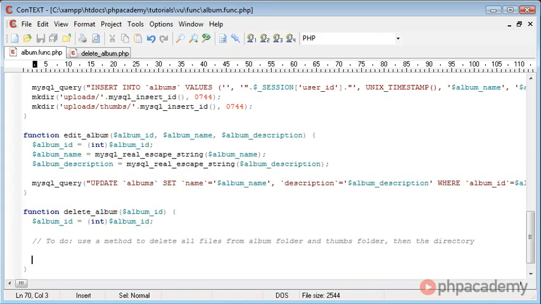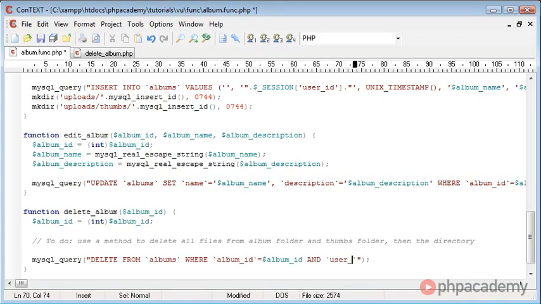So the next thing we want to do, well, the final thing we want to do, is perform the queries to delete the album from the database and any images that are in that album from the database. So we perform one query here and then one query below it. So this query is delete from, and obviously first of all we're deleting from albums, where the album ID is equal to album ID and user ID is equal to, and then session